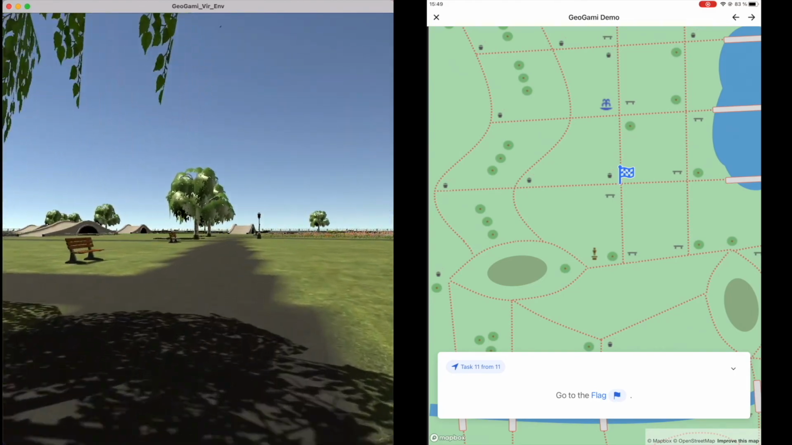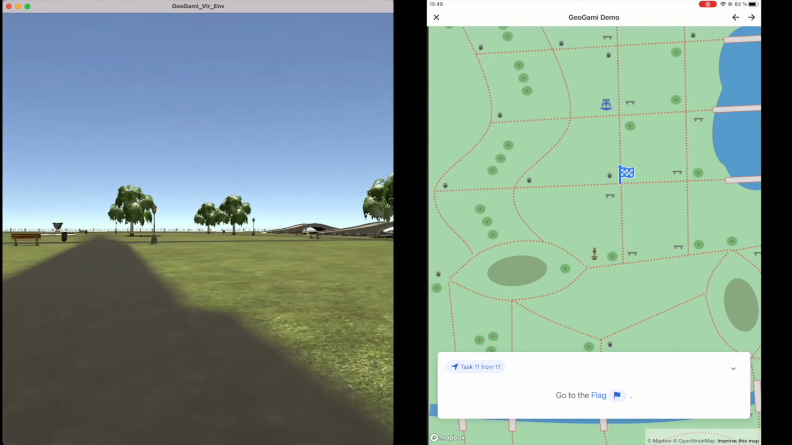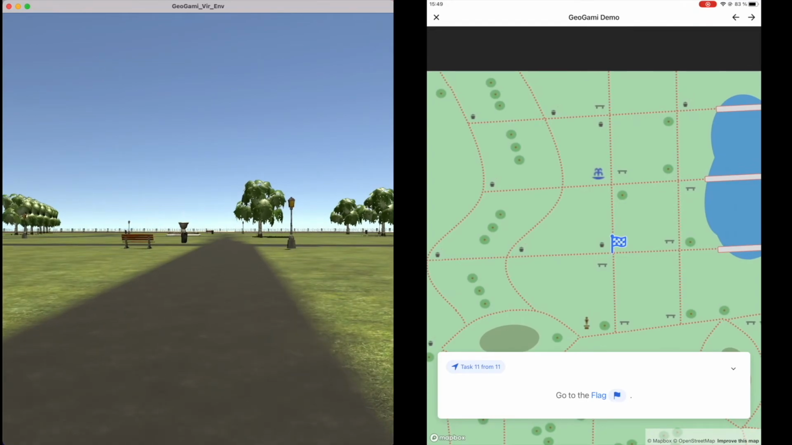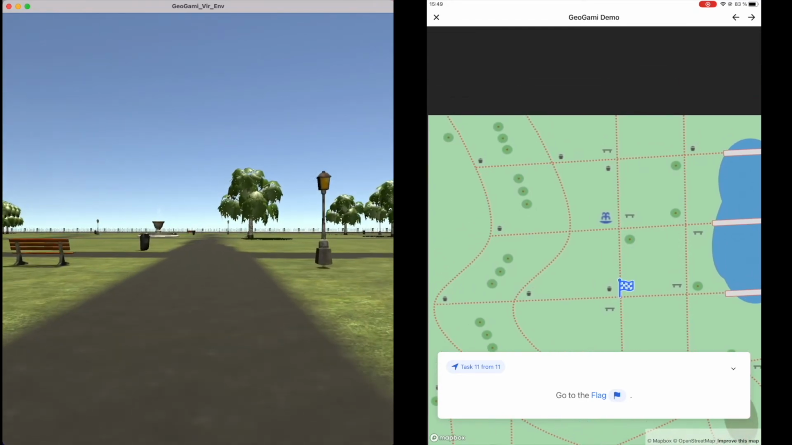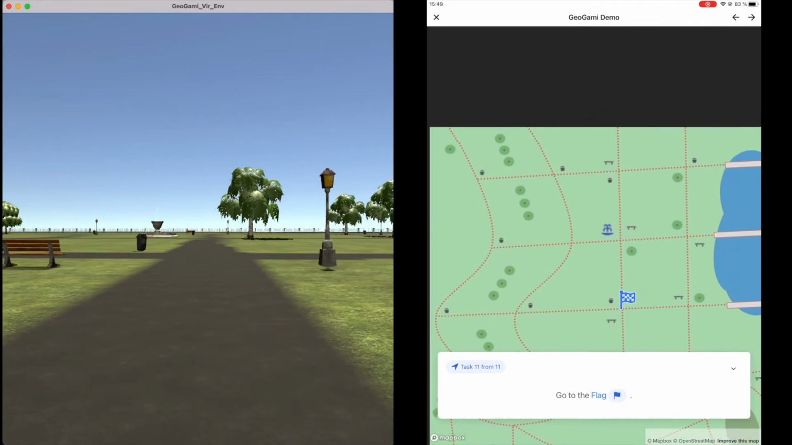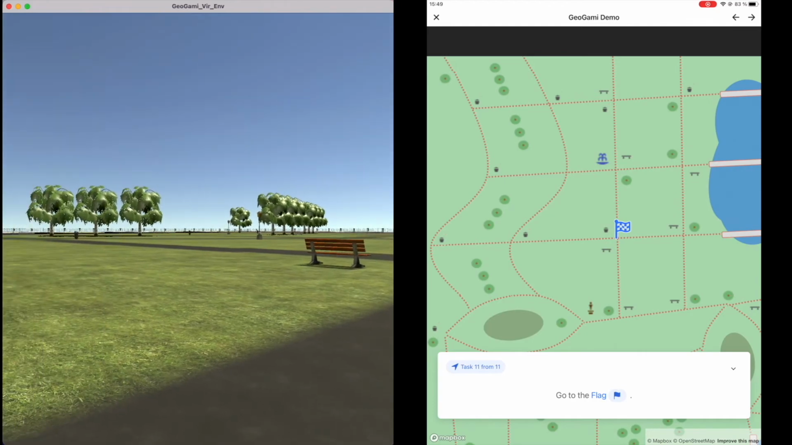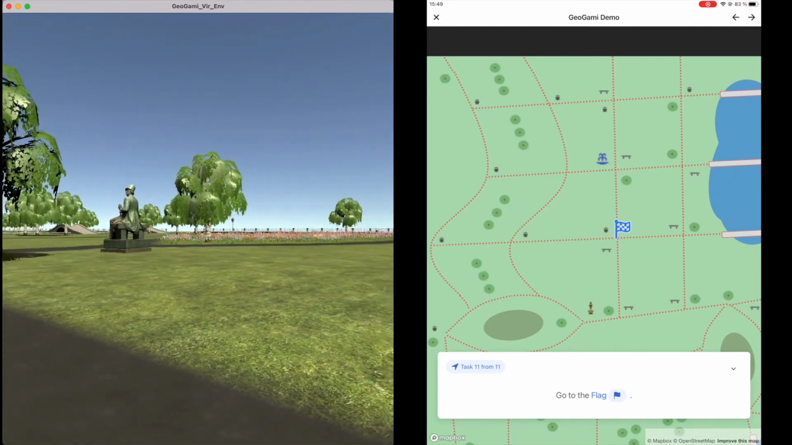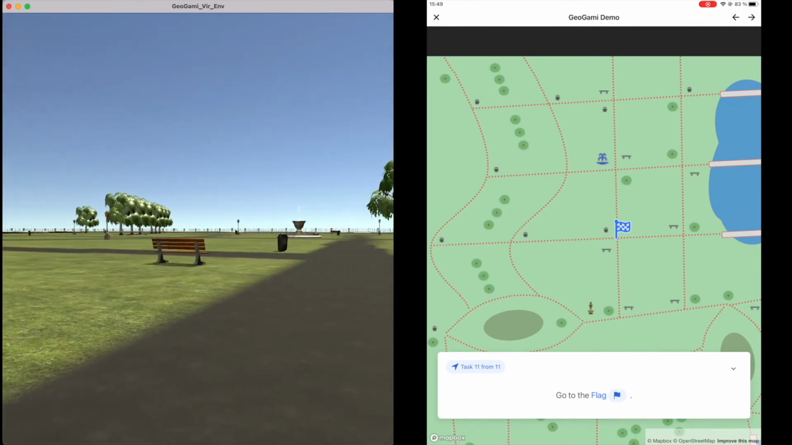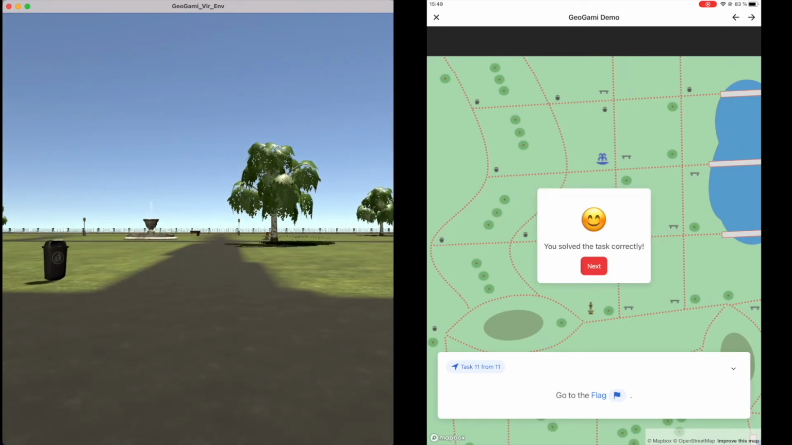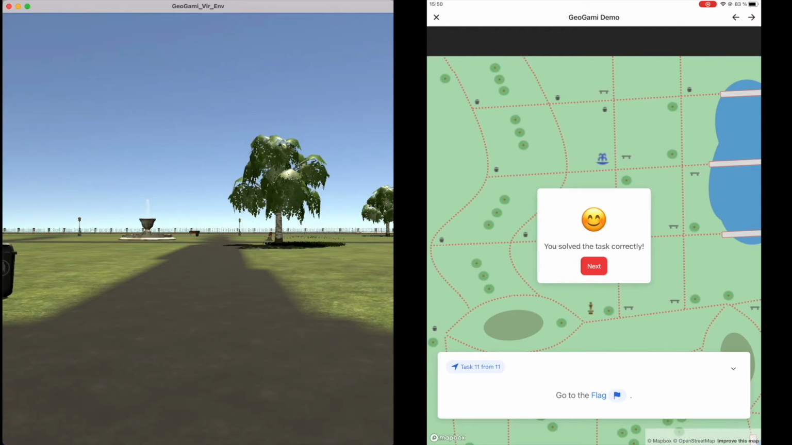go forward, turn left. We are close to the flag. As we can see, here is the fountain in front of us, and the statue is behind us, so we are on the correct path. Moving to it, so we are getting closer. Okay, when the player reaches the correct destination where the flag is, the app automatically gives the feedback that you